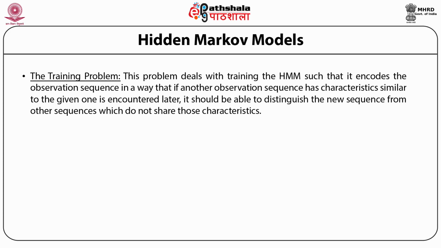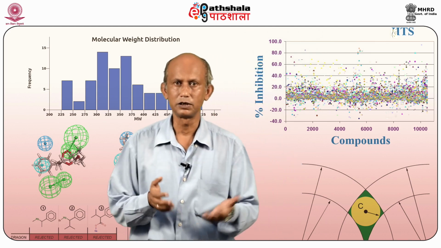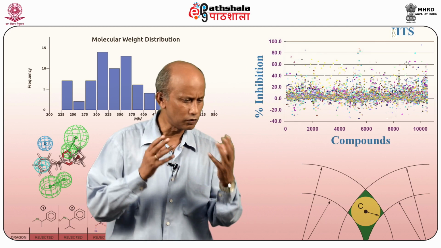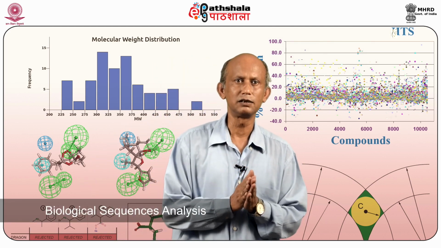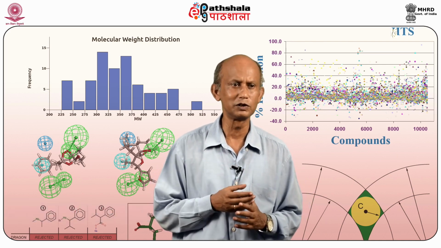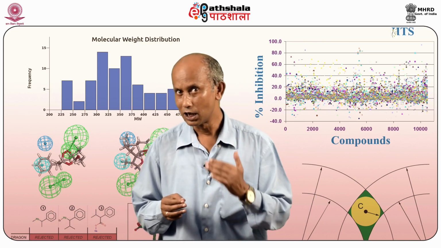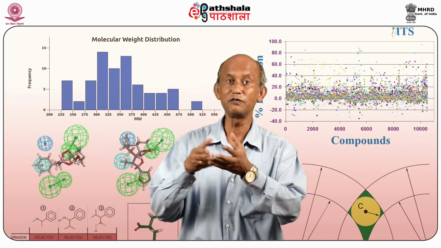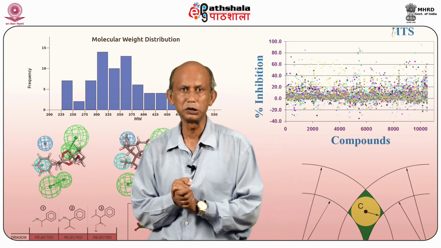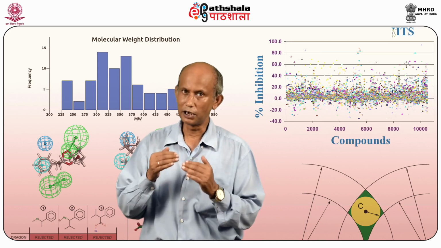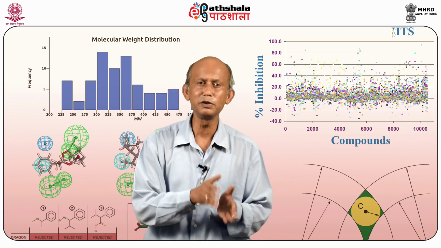So these are the three problems and there are three solutions. While the hidden Markov models, which I've been describing thus far, have come a long way, they are really very powerful methods. Now, for biological sequence analysis, a little bit of simplification can always be obtained, something which we call the profile HMMs. Now again, we know that biological sequences often come in families, and the purpose of many a sequence analysis tool is to uncover the relationship between a particular sequence and its own family, or to discriminate between